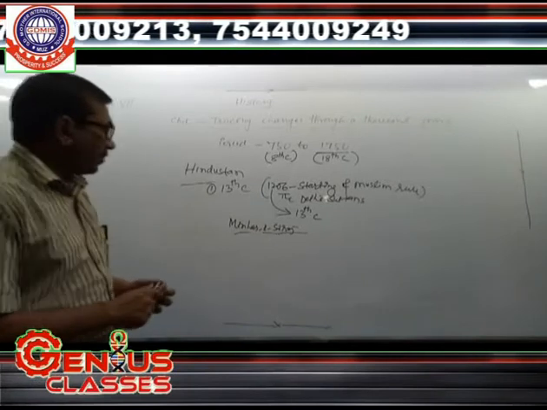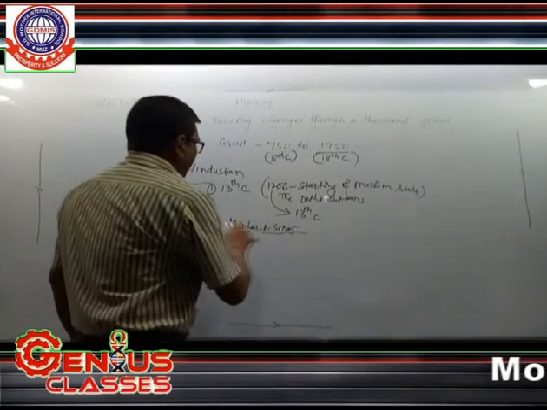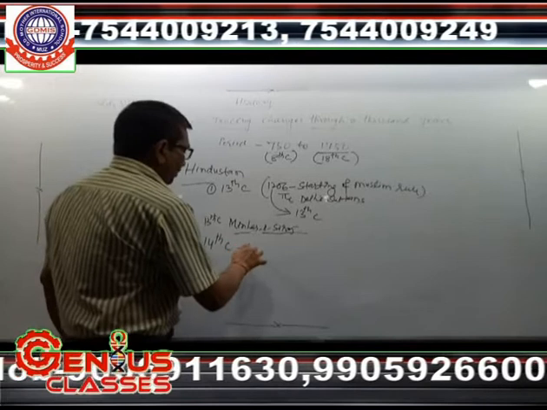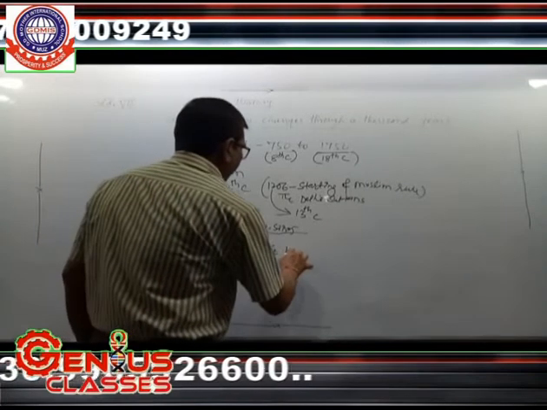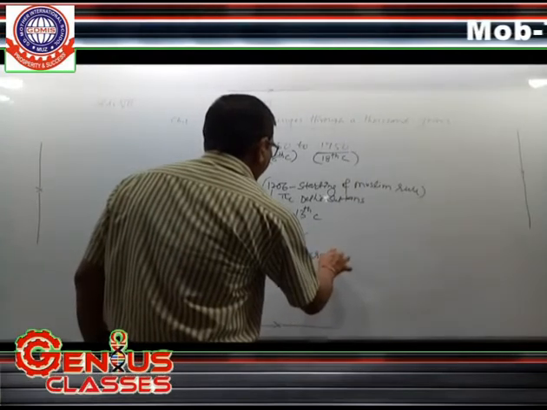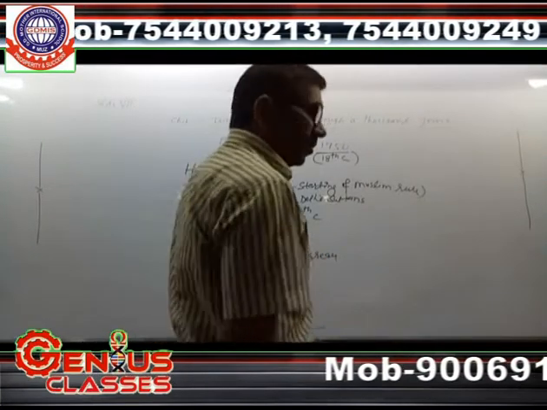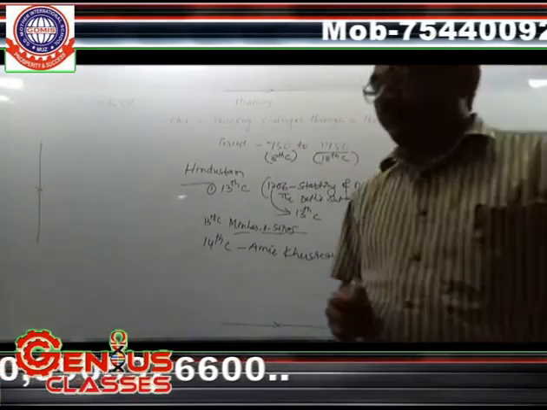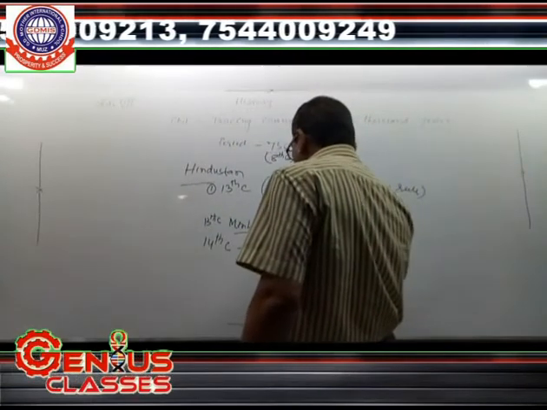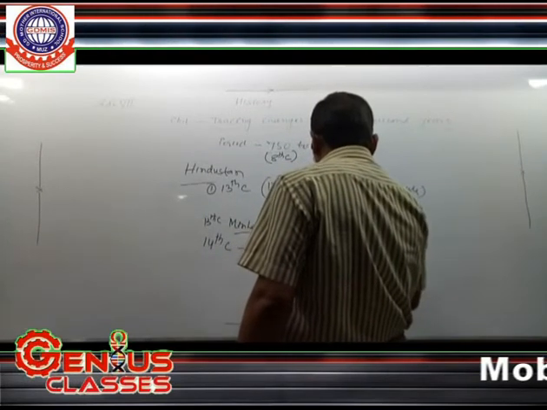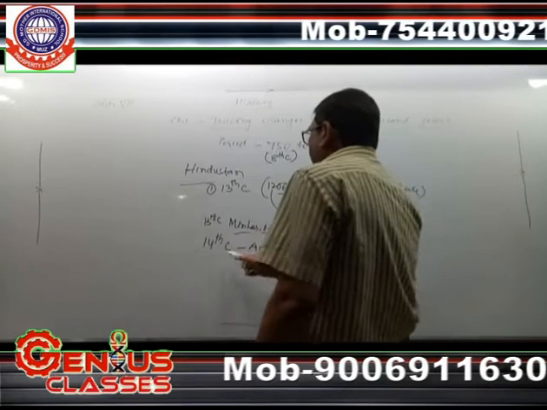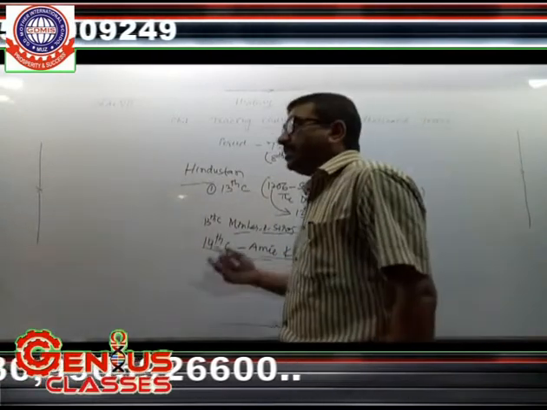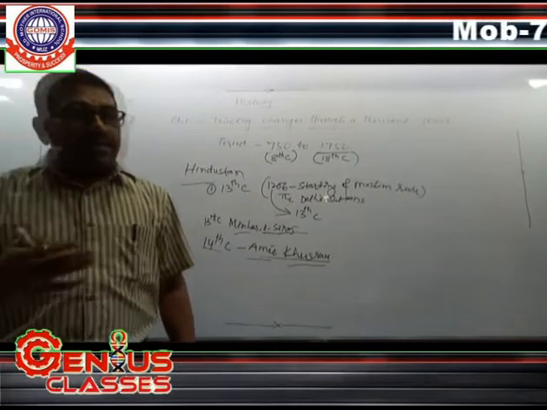Then after the 13th century, first we have gone to the 13th century. It was Minhaj Siraj in the 13th century. Then we are talking about the 14th century. In the 14th century, Amir Khusro. This Amir Khusro had described the India